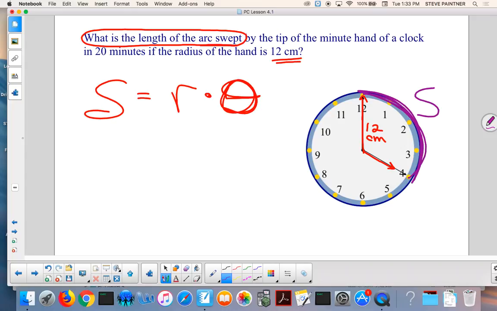Yeah, what's the unit? How far did it travel? Yep, you got it. I see what you did wrong. Remember this one. Go back to your previous slide. Your angle has to be in